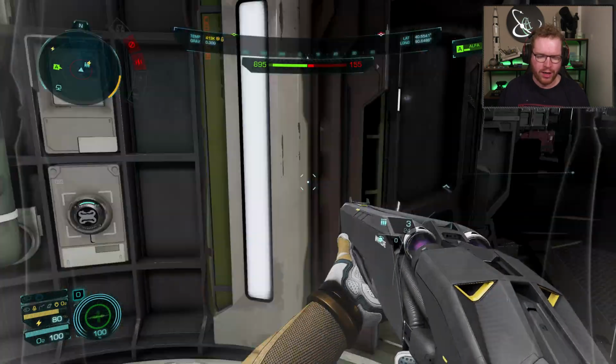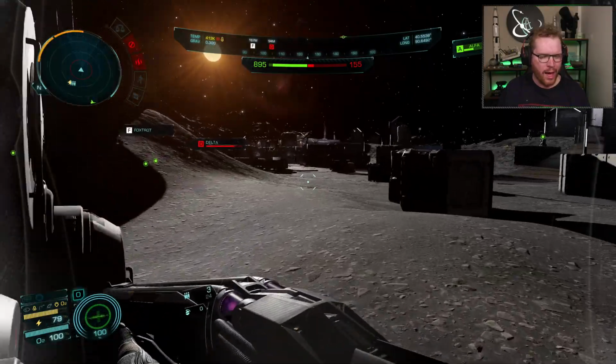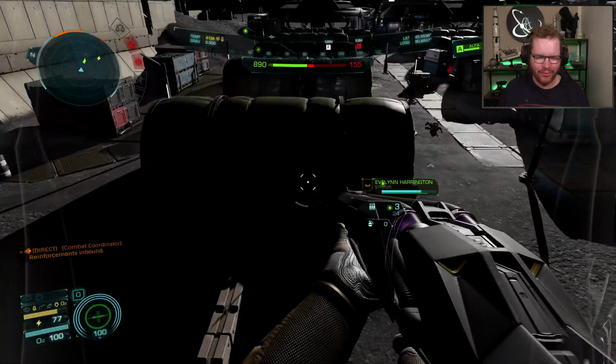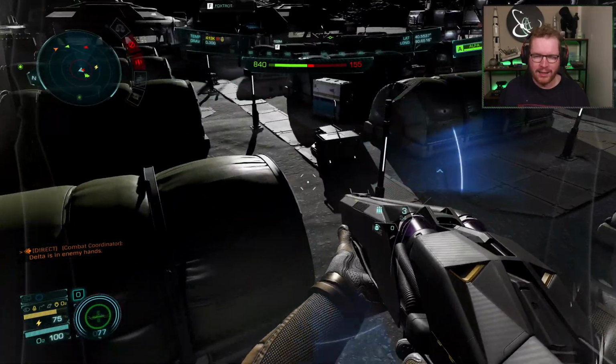And there were two of them walking in. I shot one of them in the back. Oh, we're gonna lose Delta. And the other one just didn't react until he had a clear line of sight and I was sprinting up behind him. I mean, the NPCs that are at a base that's not in a war...